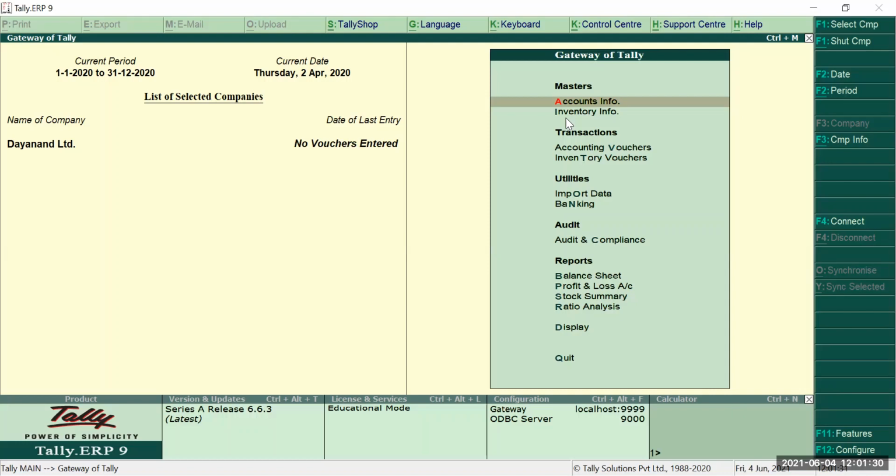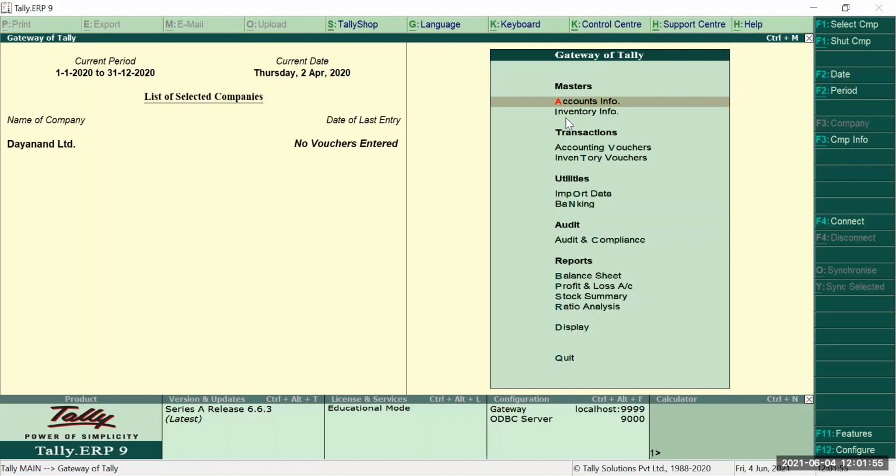Okay, but there are three classifications of the masters: accounting masters, inventory masters, and payroll masters. In Tally.ERP9 we can use accounting. Accounting information we can put, inventory information also, we can put payroll, meaning employees' information also, we can feed in Tally, and we can see reports for them also.